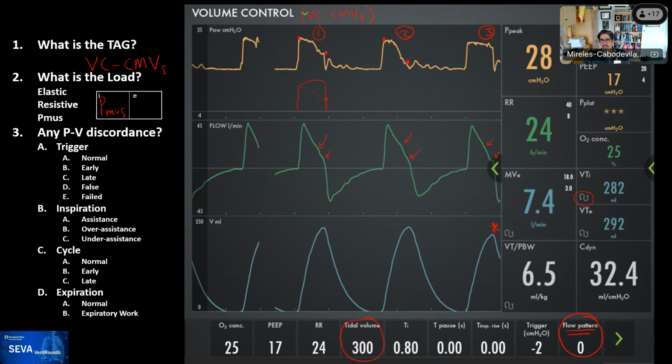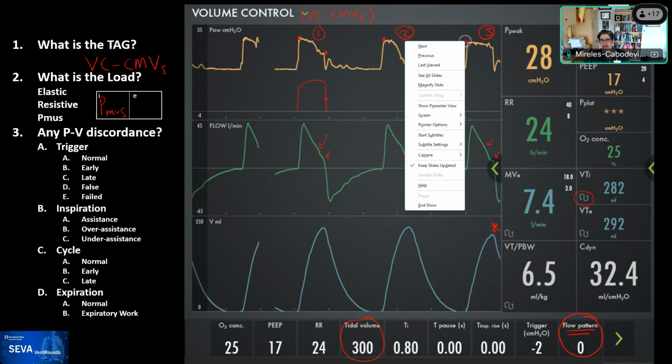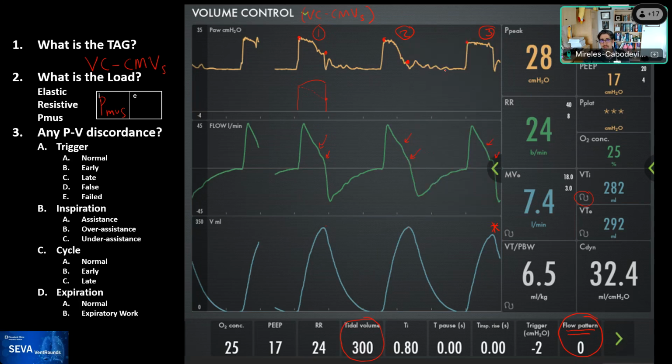All righty. Now look at the third breath, here and here. What's the load? Yeah, so it's more elastic, right? So when you have what looks like a worse resistive load, and then suddenly elastic, unless something is causing changes in the resistive load from breath to breath in this patient,